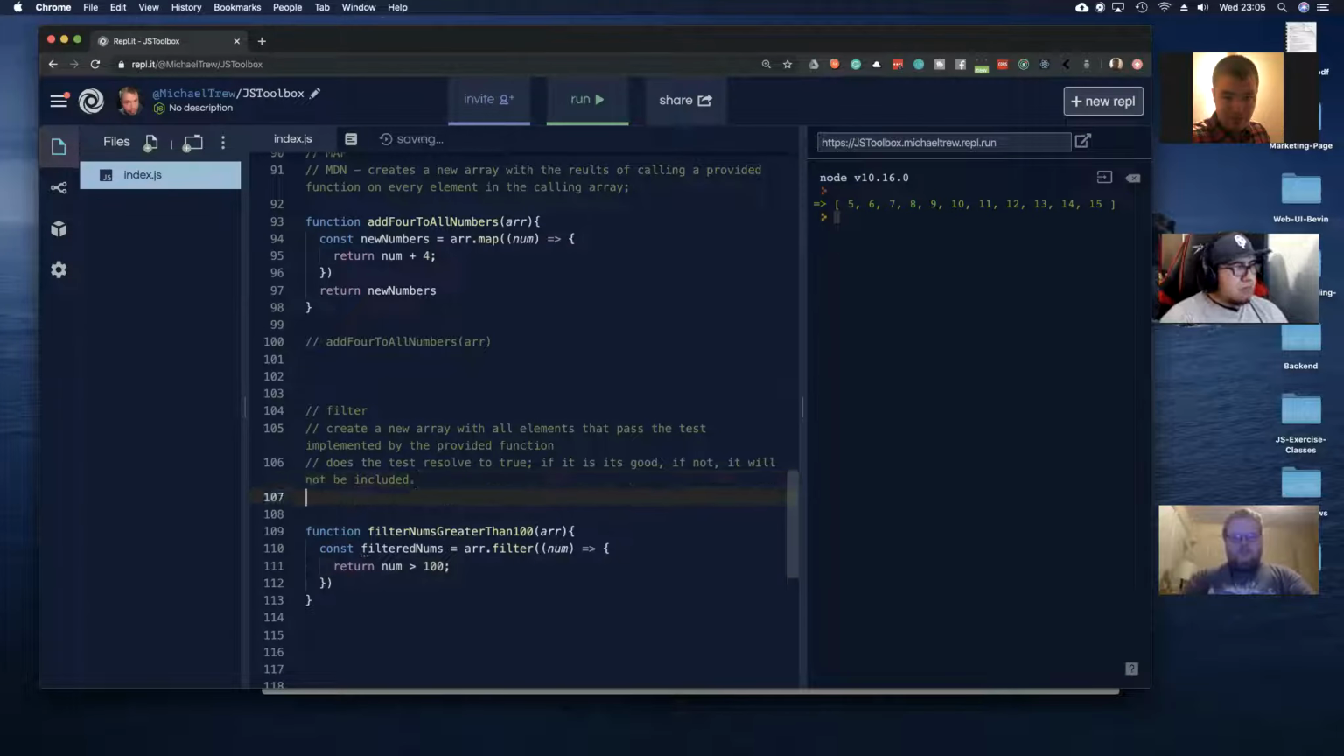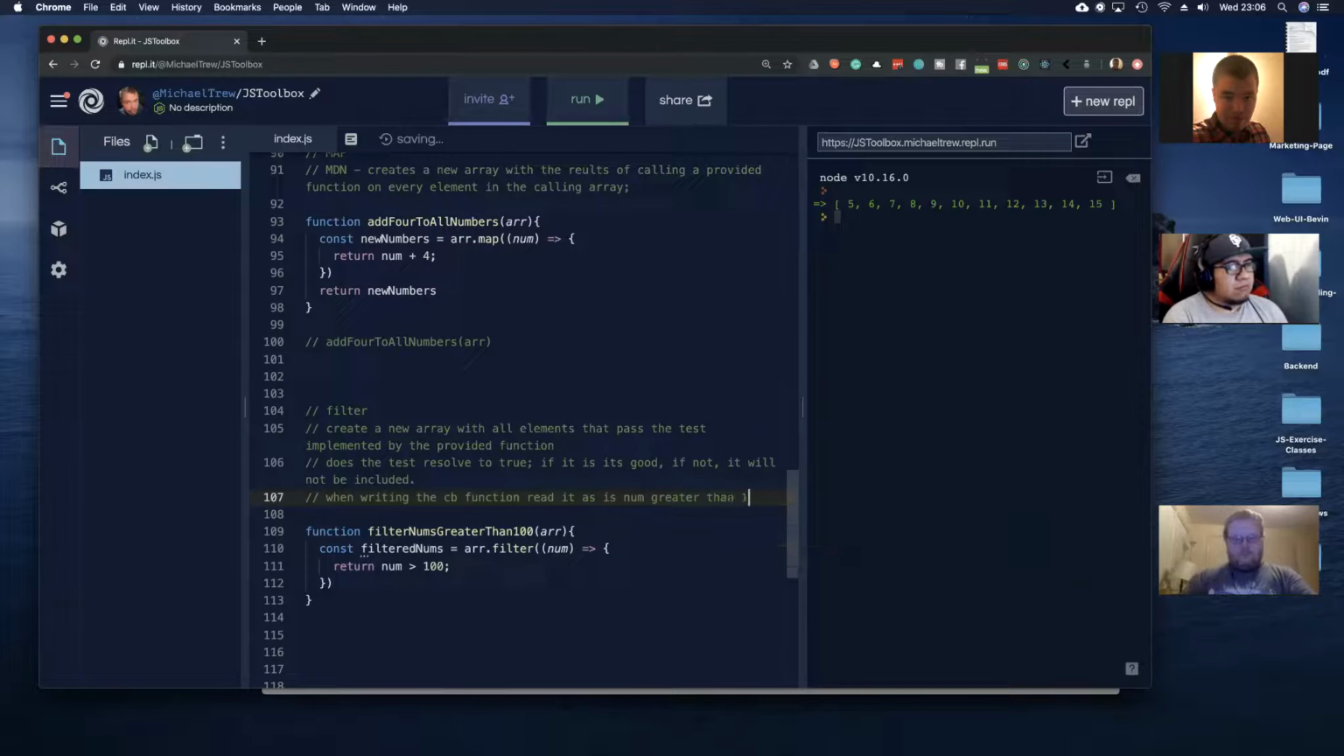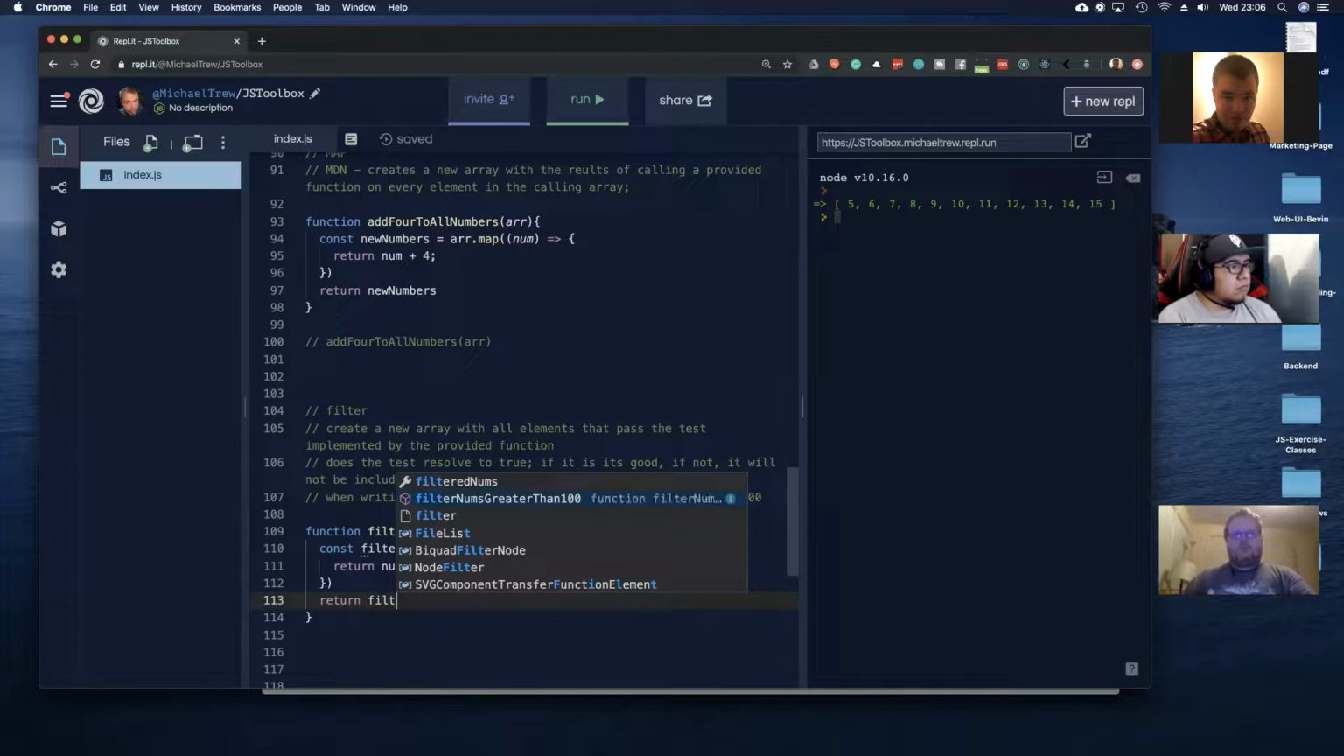So I think when writing callback functions, read it as, is num greater than 100? But obviously, if it's different, is num less than 100, right? But is num greater than 100? Cool. And then what do we have to return? Filter nums greater than 100. So